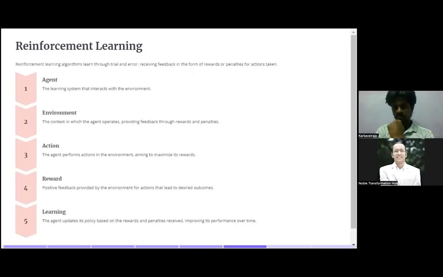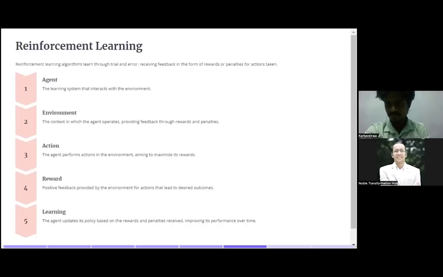Suppose you have a robot on the border and it kills the enemy while infiltrating, you give a reward. If it is not taking the action as per the system design, the desired output, you give a penalty. So this is how reinforcement learning happens.